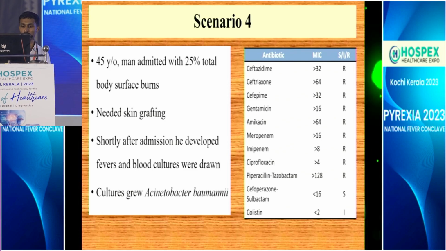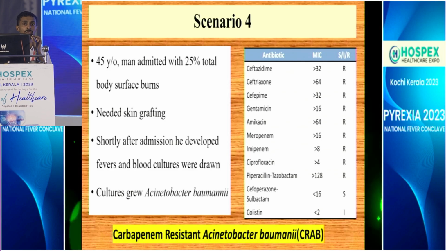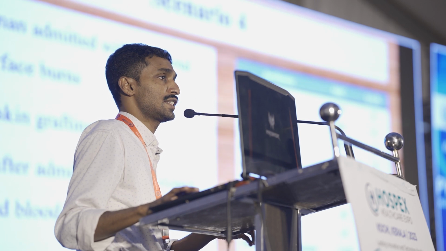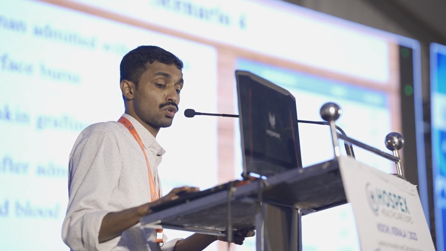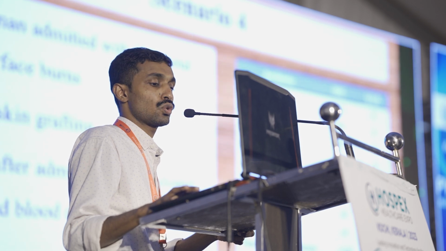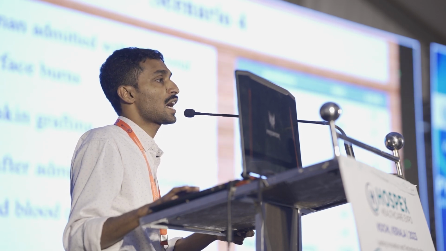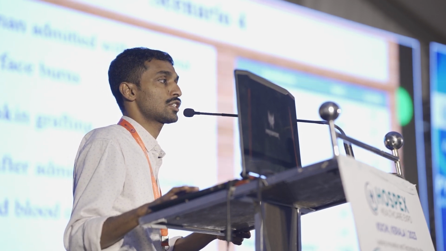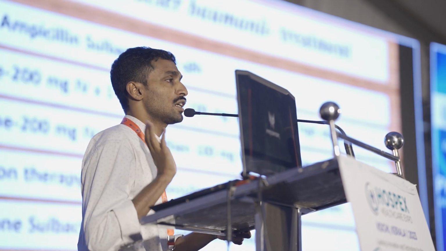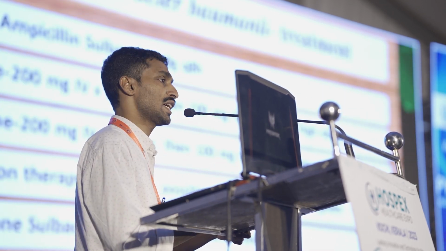So, how do you treat Acinetobacter? This is a common organism in our ICUs nowadays. Those who are working in critical care ICUs might be seeing a lot of this organism as a cause of ventilator associated pneumonia. We abbreviate it as CRAB, carbapenem resistant Acinetobacter baumannii. How do you treat? The Western recommendation would be high dose ampicillin sulbactam,